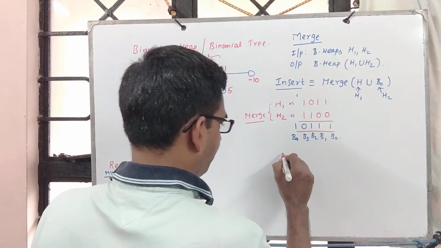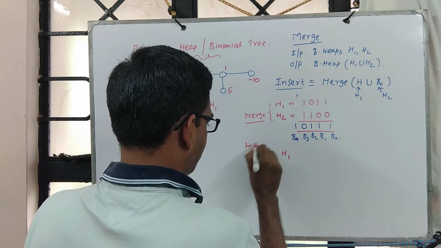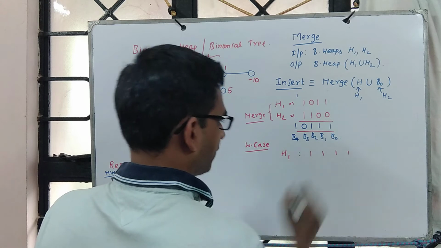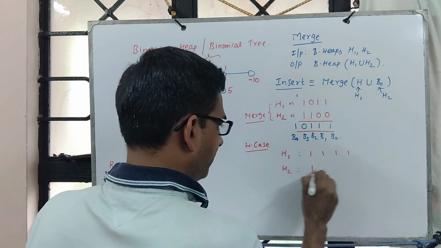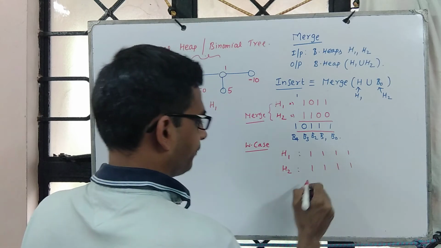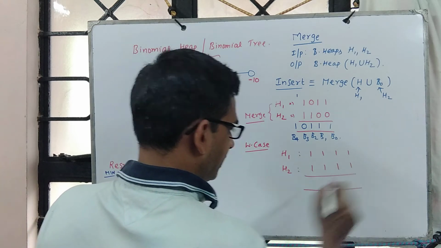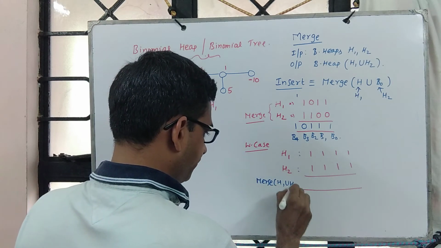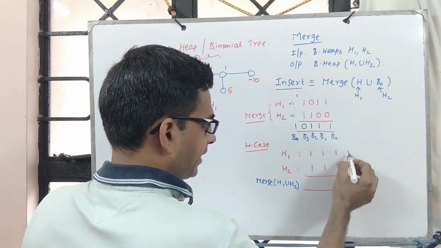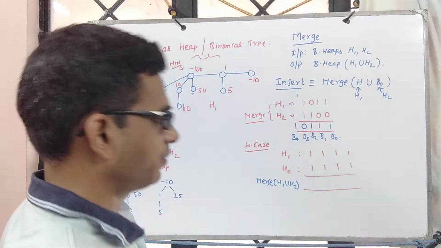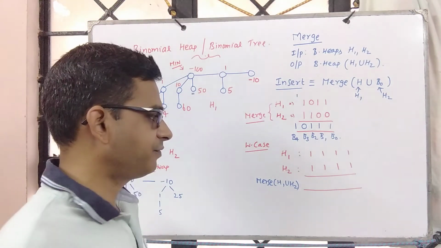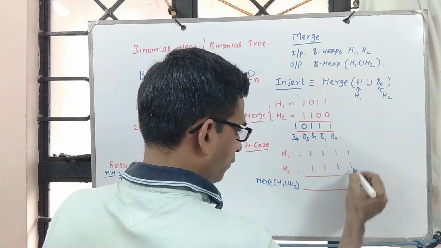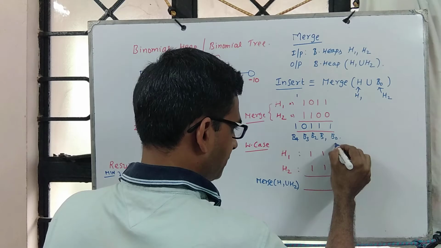What is the worst case scenario? Let's assume H1 is having B3, B2, B1, B0. H2 is also having B3, B2, B1, B0. Now the resultant structure, we are merging H1 union H2. So I should retain only one copy at the end. One cannot have more than one copy of binomial tree Bi for any i. So you add B0 and B0, that is as good as adding 1, 1, 0, a carry 1, which means you are generating